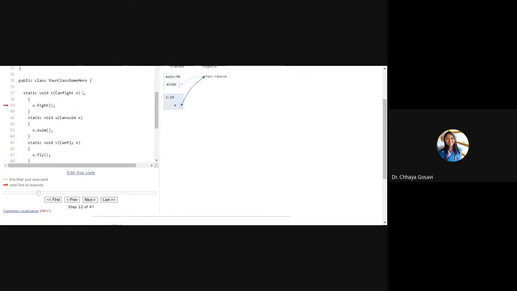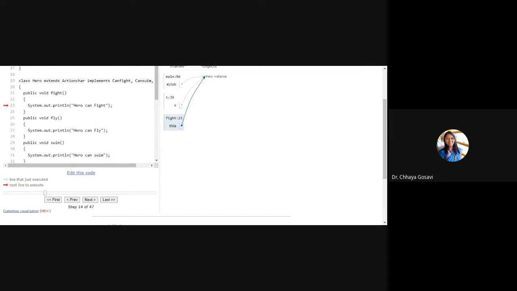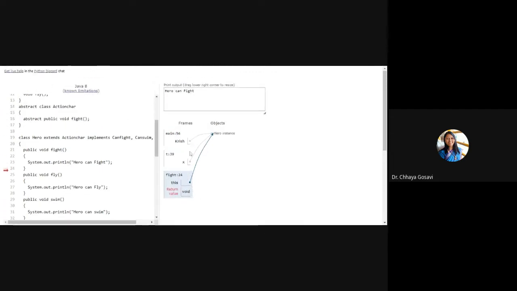So you can see CanFight x. x is a reference of CanFight interface, and you're calling the fight method from the Krish object using the CanFight interface reference x with the fight method. So it will call this fight method. The fight method is provided in Hero itself. So it will display: hero can fight.